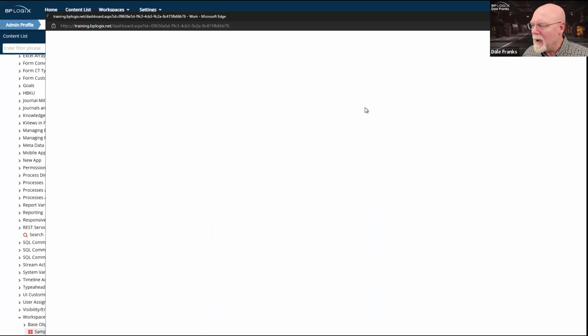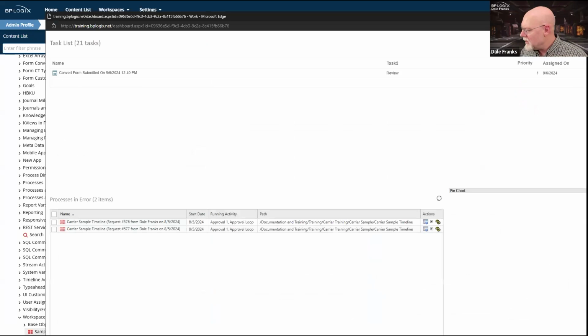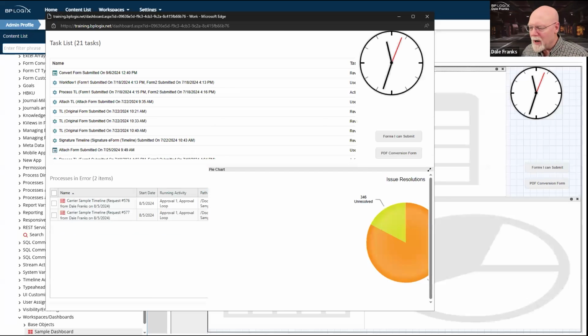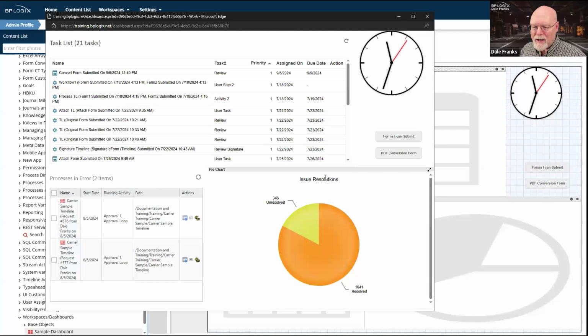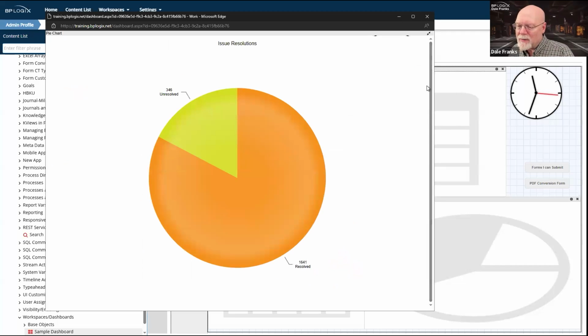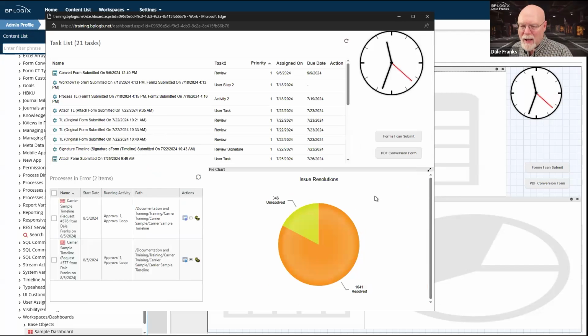I guess I can run and test it just to be sure the thing works. And it does. It shows me my pie chart. Now, this is what I see because I made the header visible, the title visible. This is what it looks like. And it also gives me this button to be able to expand it to full size if I want, and then unexpand it. I think it's pretty intuitive how to create a workspace.